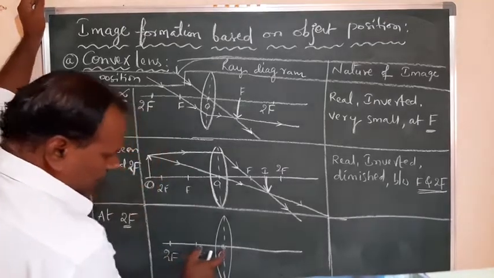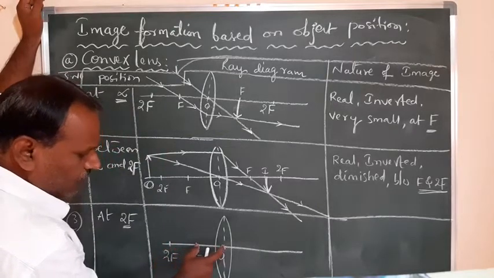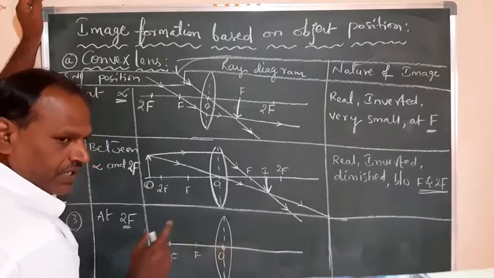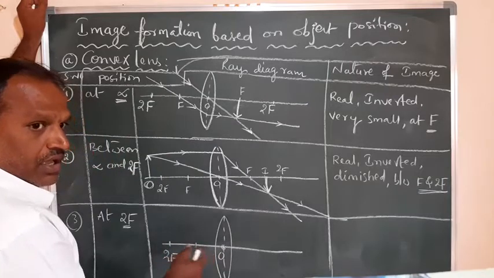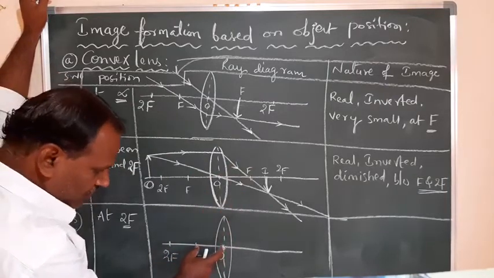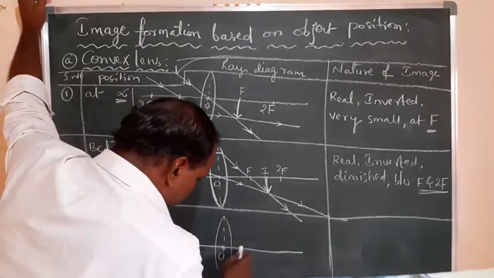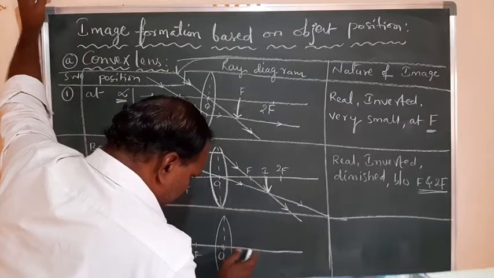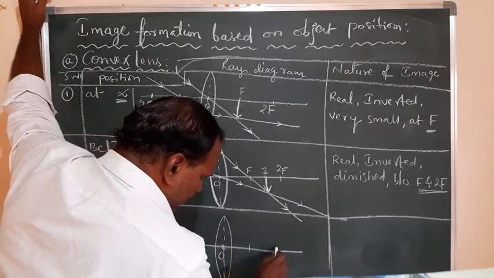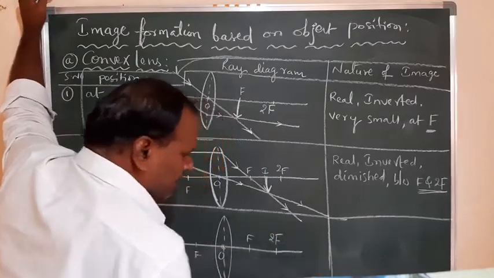You have to draw so that this distance is equal. So the distance from 2f to f and from f to the optic center should be equal. It should not be drawn as you wish. You can take one as you wish, but the other distance should approximately be the same. Similarly here, the focus distance is the same. Here it is a focus, it is 2 times the focus. This is f, this is 2f. Like this you can have it.